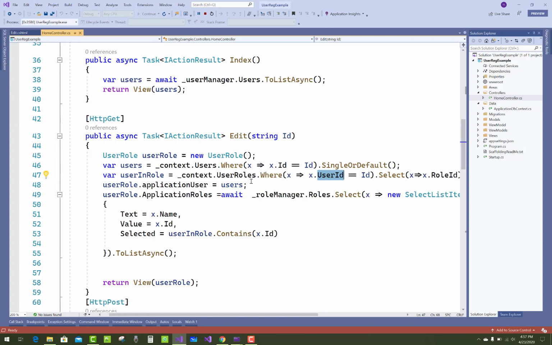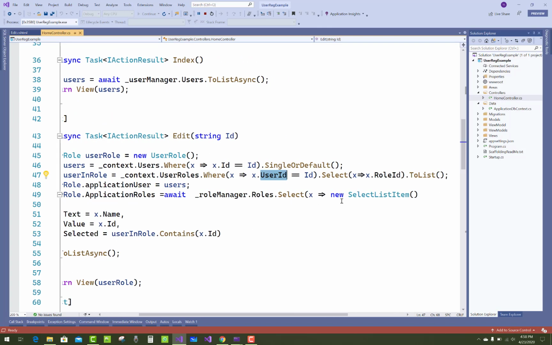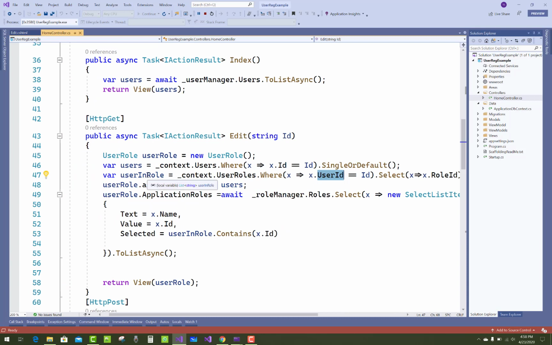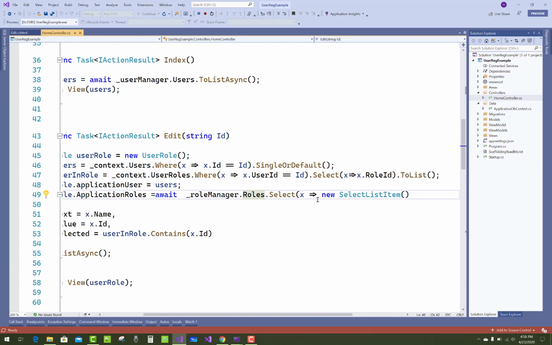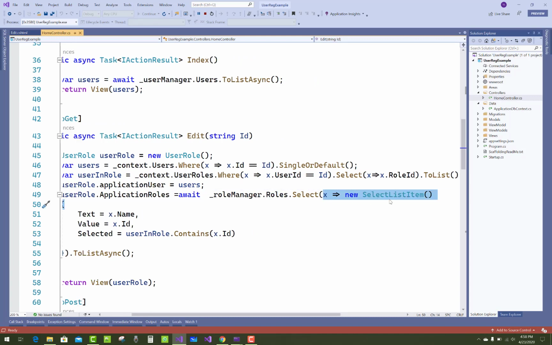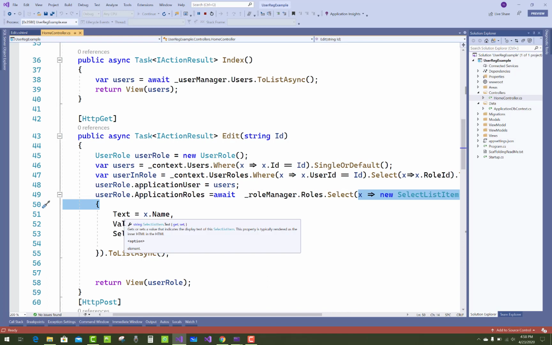So here we get a list of user roles. After that, there is a list of roles that exist in the database table. Here we have a role manager class used to get a list of roles, that is, the existing roles in the database table. The first time there is nothing in the user roles table, but the roles table has two roles, that is, admin and user. So by using this, you can use new SelectListItem with text, value and selected.